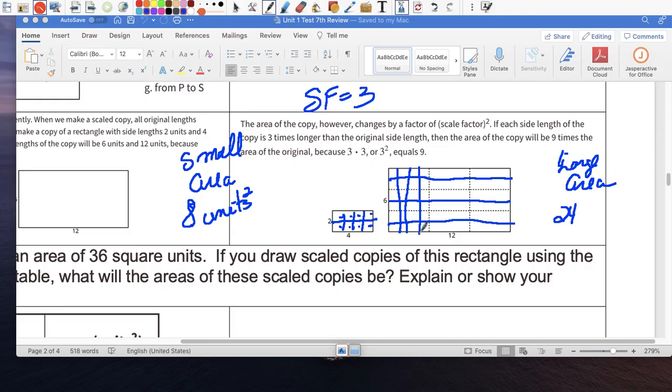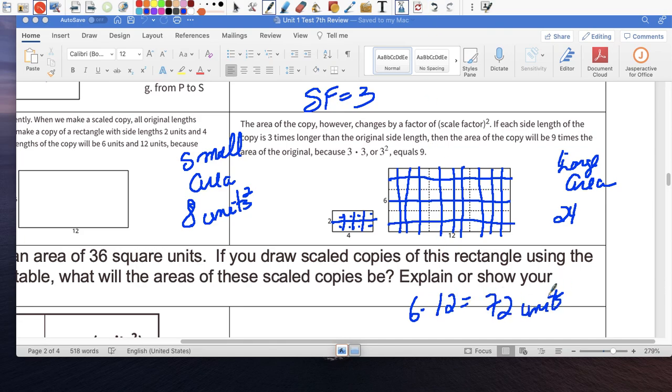Sorry, they're not the prettiest of lines. 1, 2, 3, 4, 5, 6, 7, 8. Here we go. Here's 12. So to find the area, all you have to do is literally multiply 6 times 12, and 6 times 12 is 72